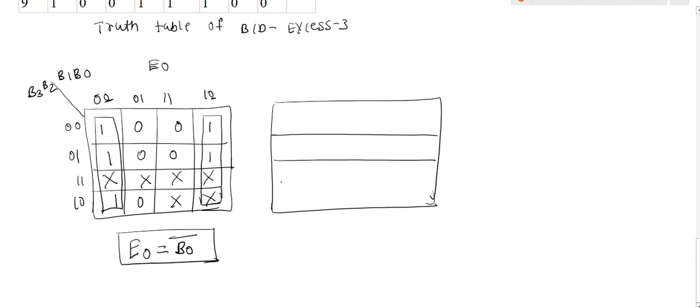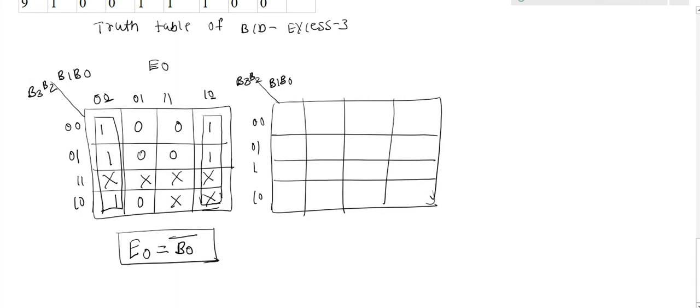4 by 4 variable K map. The variable names I am using here are B3, B2 and B1, B0: 0, 0, 0, 1, 1, 0, 1, 1 and 0, 0, 0, 1, 1, 0 and 1, 1. This is a K map for E1. Now after plotting the output